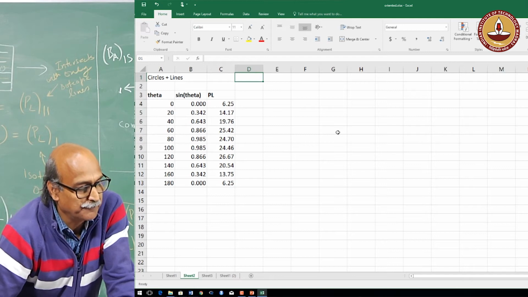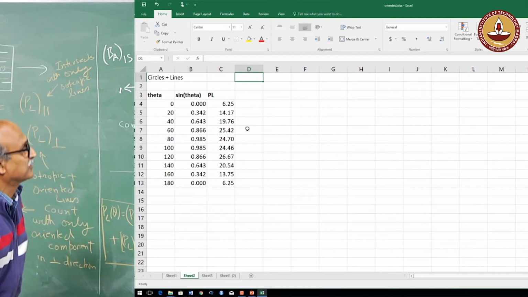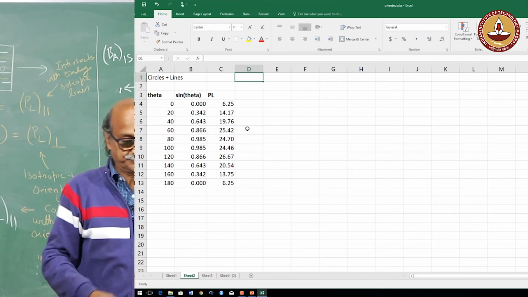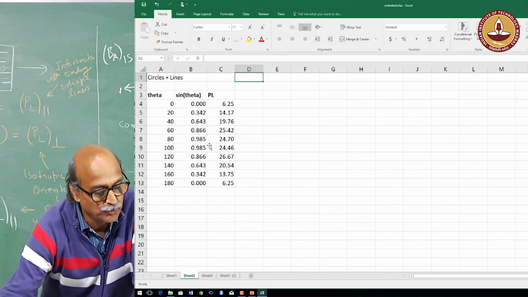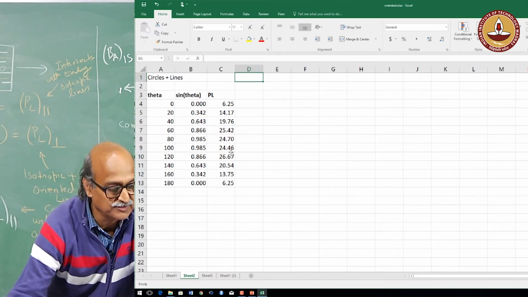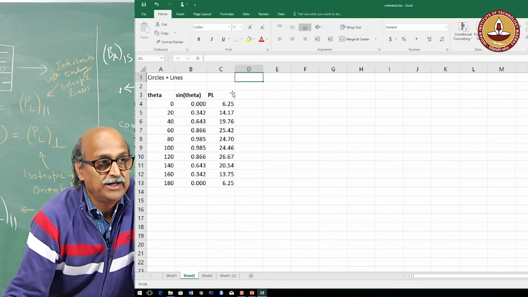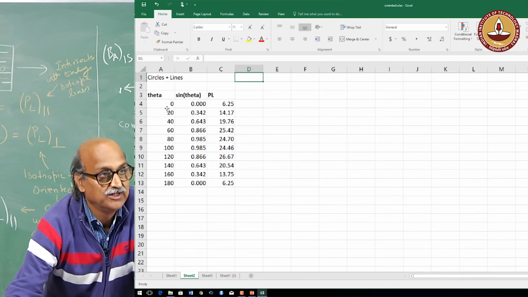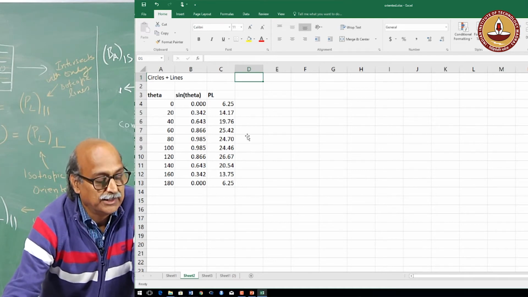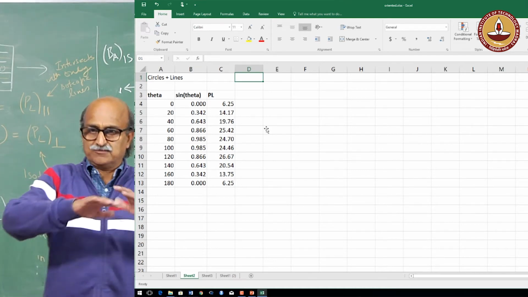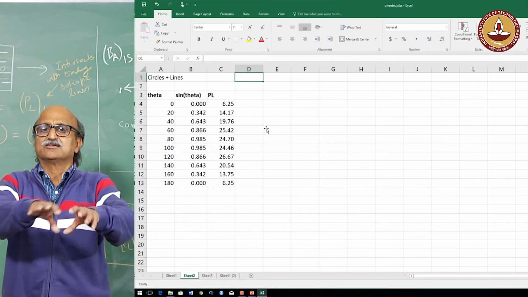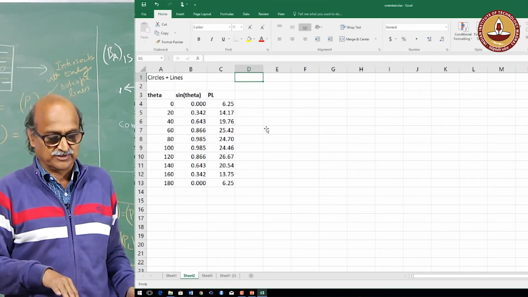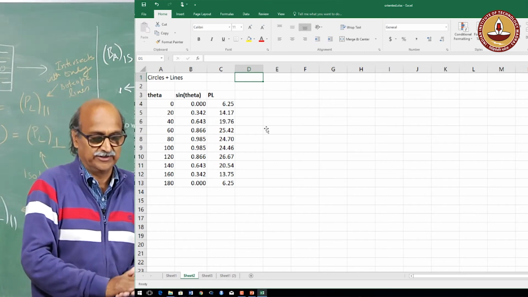Now, this is a structure consisting of circles and lines. I have again obtained data from number of fields, and what you are looking at are average values of number of intersections per unit length, how they vary with theta. And this was basically the structure in which some circles have been added to the previous structure. So, some isotropic component has been added.